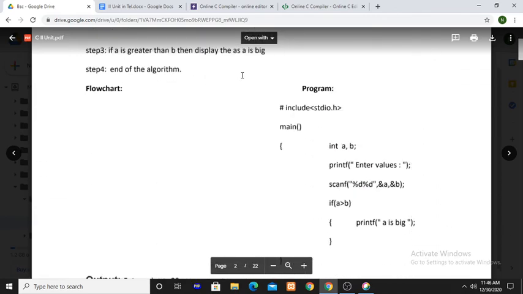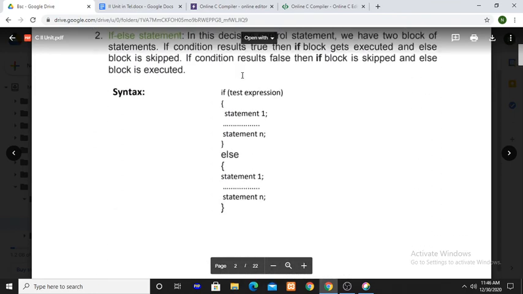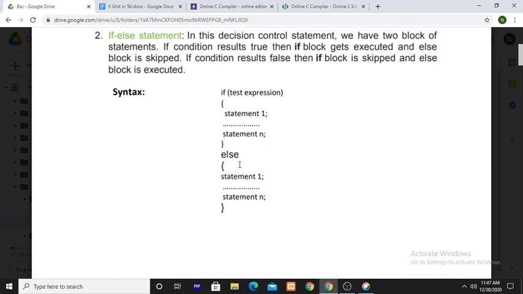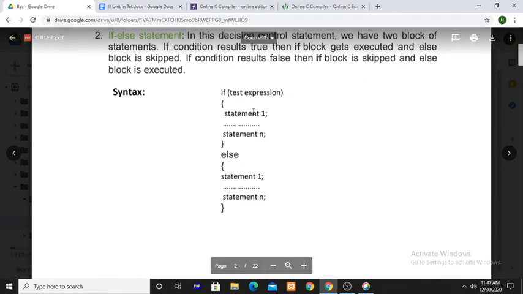But here, if the condition is true, if block, true block is executed, false block, else block is not executed. If the condition is false, true block, if block is not executed, else block is executed. If the condition is true, what is the true block? If statements are executed. And if the condition is false, if statements are not executed, what will be executed?